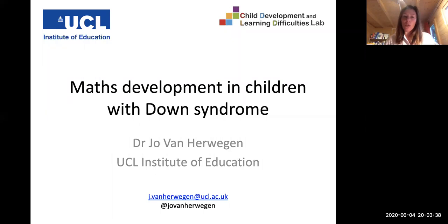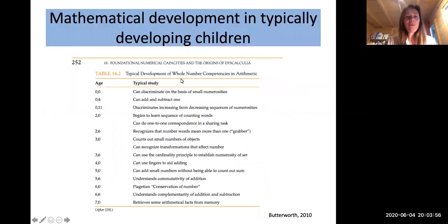So before I talk more about maths development specifically for people with Down syndrome, I thought it might be useful to run through what happens in mathematical development for typically developing children, just so we can see what happens when everything goes to plan. A couple of milestones. One of the first things that may surprise you is the fact that number development in typically developing children,